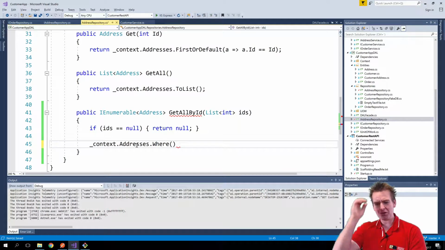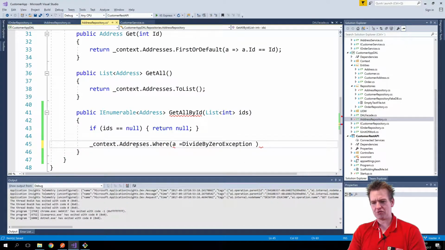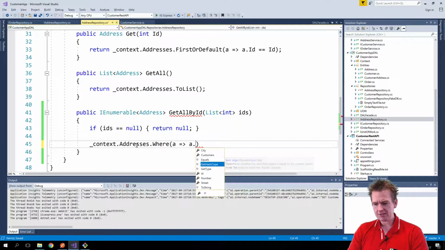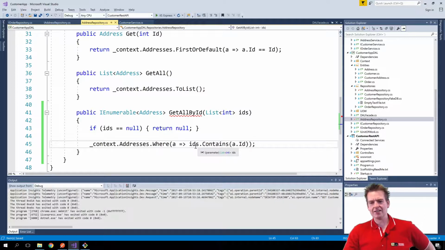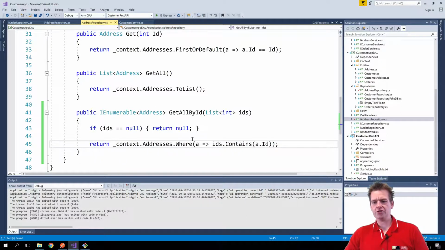So we'll start making a where clause here, and it'll end up with an address right here, and I'll say where address.id, IDs contains, and then I want it to look for address.id. There we go. So now we're trying to figure out if the address ID is inside the list of addresses. So there we go. That's all we had to do. Of course, we also need to return this guy, but notice we can actually return it now without calling the